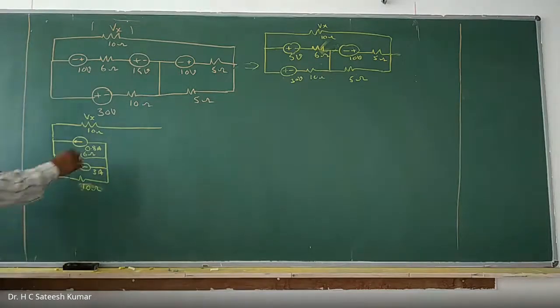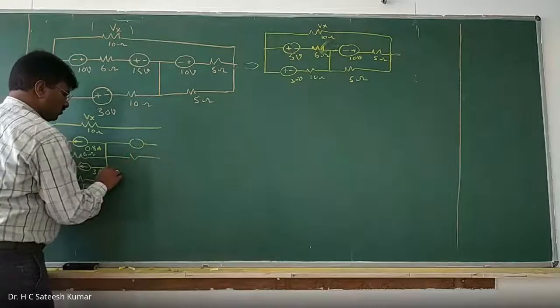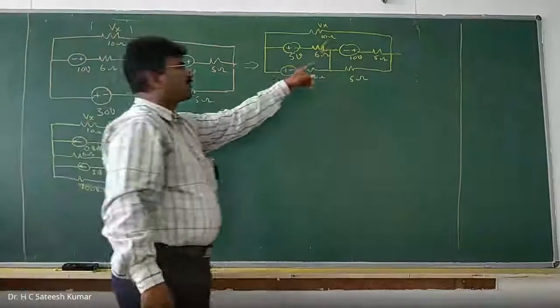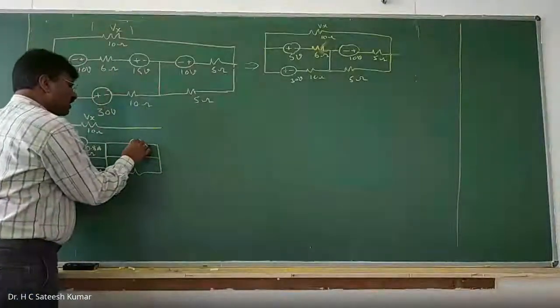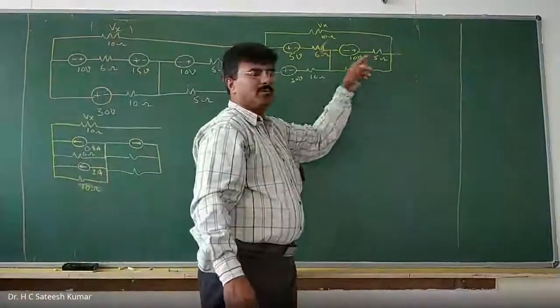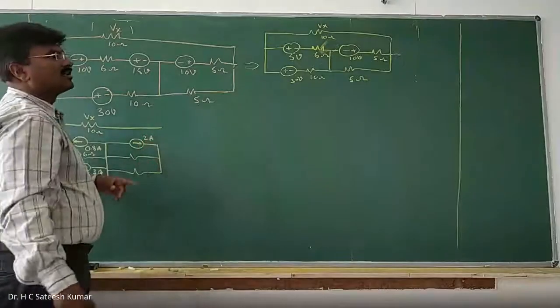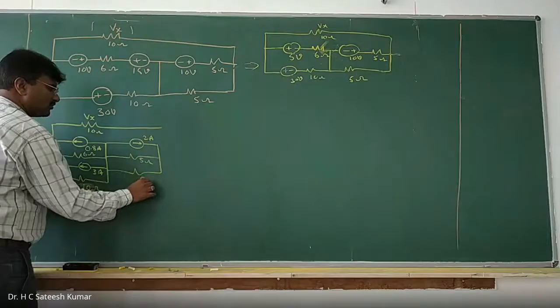And here, current source, one resistance, one more resistance. I'll write it. The power supply is minus, plus, therefore the arrow mark is towards the right. Convert the voltage source into a current source. I is equal to V by R, 10 by 5, 2 amps you will get. 2 amps, and the resistance value 5 ohms. And this also 5 ohms. And you connect here.